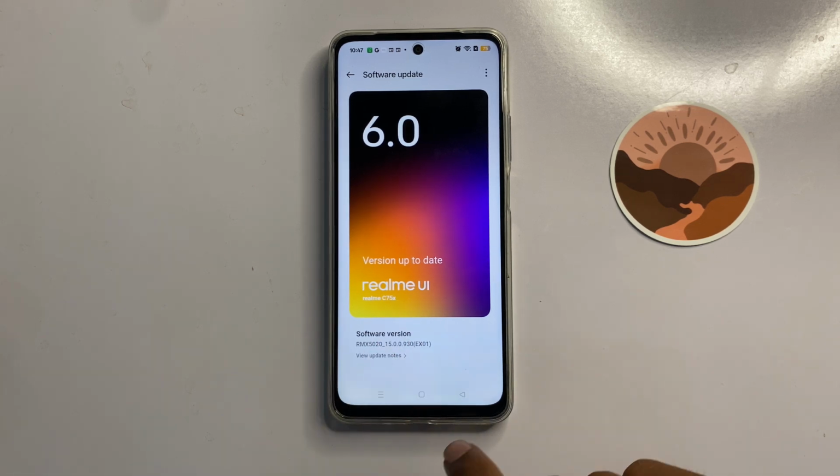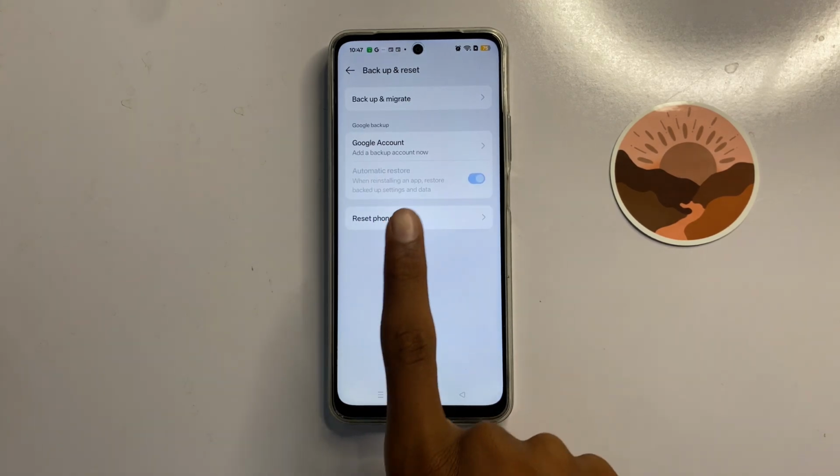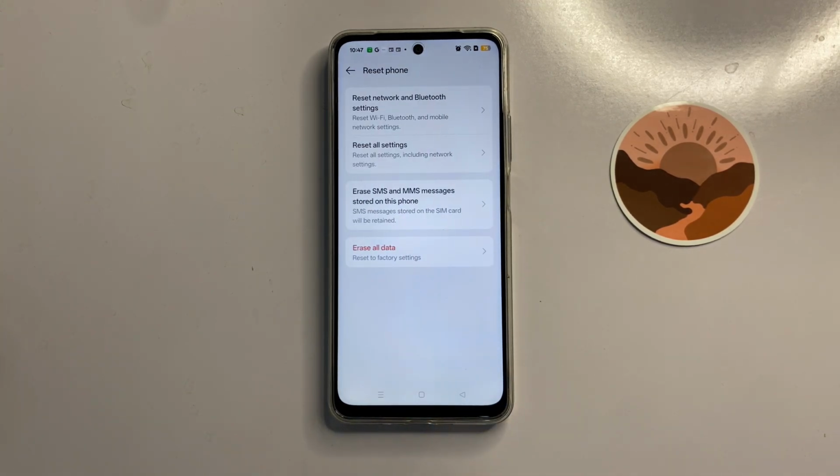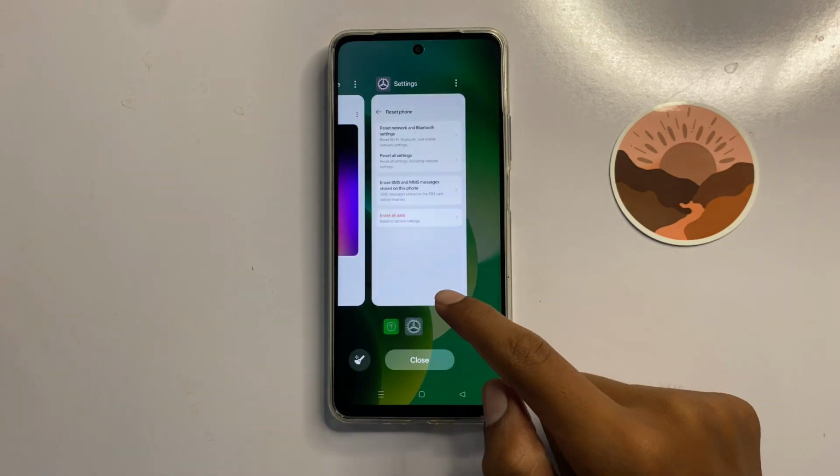After updating to the latest version, then go back and click on backup and reset. Now click on reset phone and click on reset network settings. Now here enter your password to reset your network settings. After resetting your network settings, your problem will be